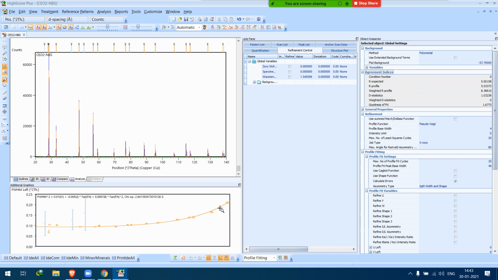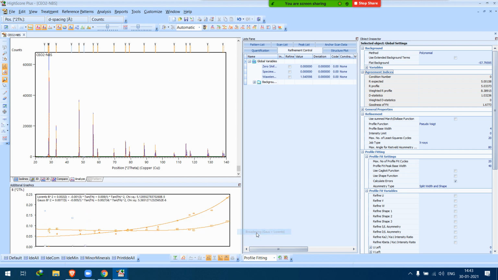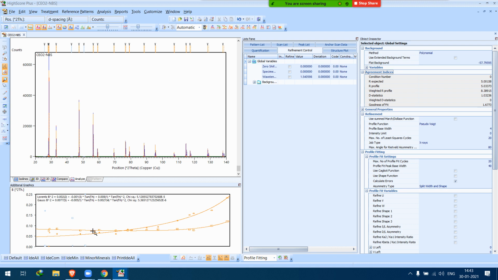So after fitting, again, what we can do is go to half-width plot and check for broadening. Okay, so now there are two kinds of broadening. As you can remember, I told you this profile is a pseudo-Voigt profile. So you have a Lorentzian and Gaussian, two profiles, and this is the equation for them.